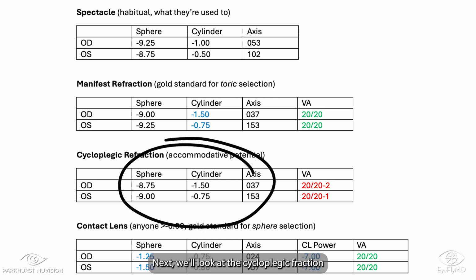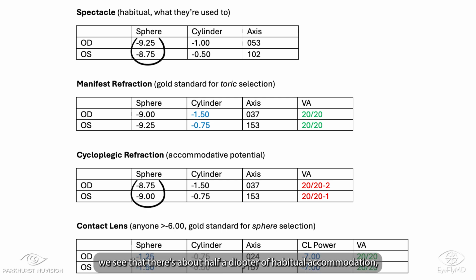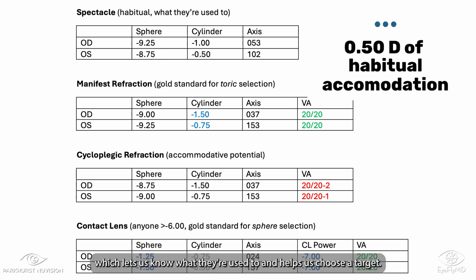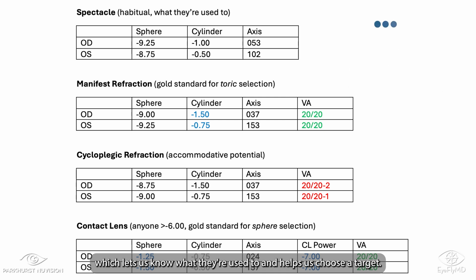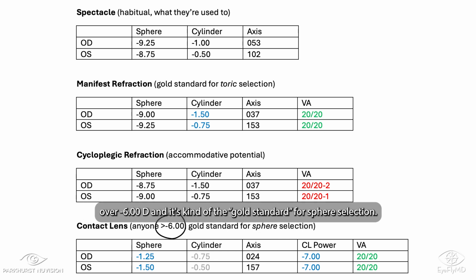Next, we'll look at the cycloplegic refraction and compare that to their glasses, and by comparing them, we see that there's about half a diopter of habitual accommodation, which lets us know what they're used to and helps us choose a target. Lastly, we'll look at the contact lens over refraction, which we do on anyone over -6, and it's